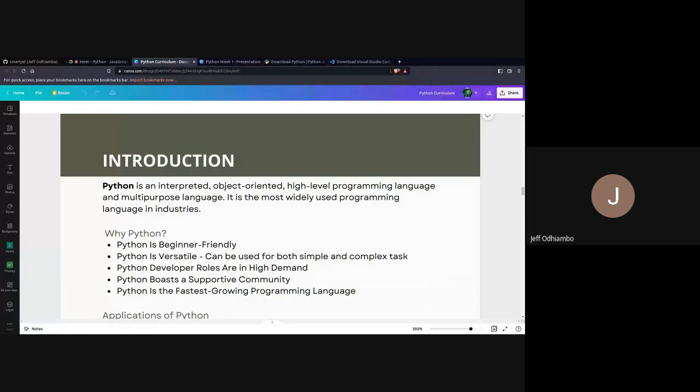The computer understands best the binary, the zeros and ones. Those are the low-level languages, the ones written in that kind of format. But when you hear the word high-level programming language, it's a language that is human-friendly. And when we say it's a multi-purpose language, that means it can be used for more than one purpose. You can use it for building systems, complex systems like Windows. You can use it for building